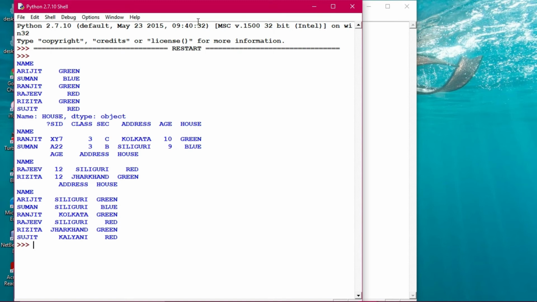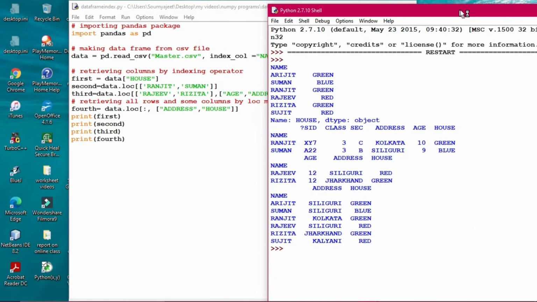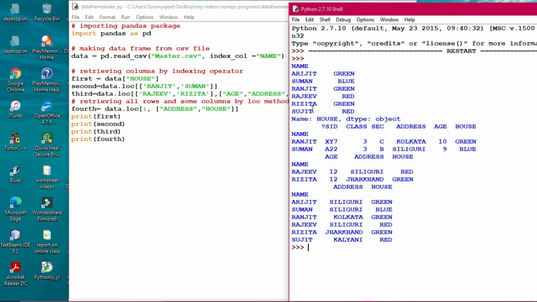All right, this is the CSV file format that I have given out here. Only a few things have changed, nothing much. Name and house have been printed, and the data has been printed. Rajiv and Rijita have been printed here, and instead of the previous data, here we have printed the addresses and houses, green, blue, whatsoever. That is the one we had created today. So by using a CSV file, we have this kind of flexibility in order to extract the data.